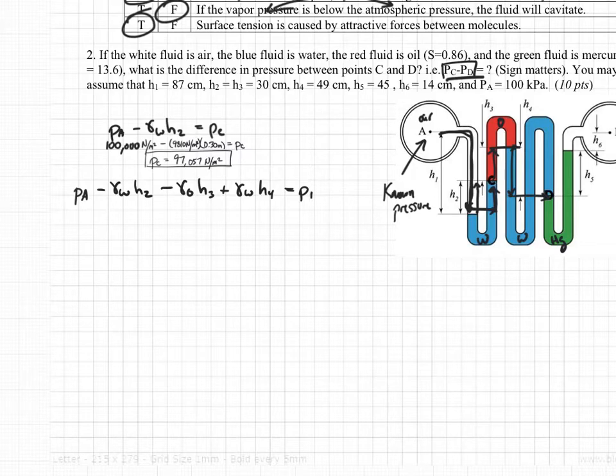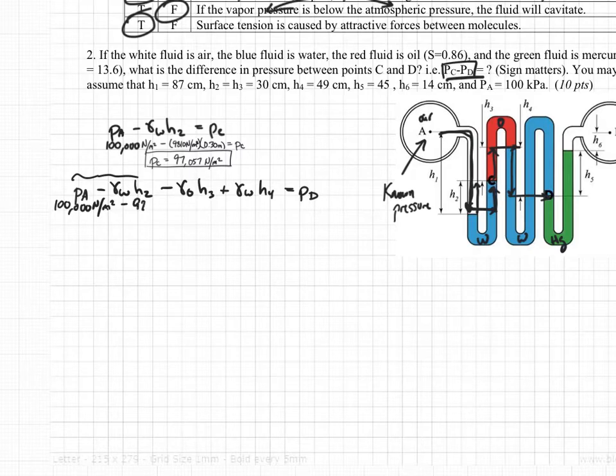So I could plug in a bunch of numbers here if I wanted to, noting that I already know what these two add up to because that's PC. And if I do that, well then obviously I get the exact same expression I got from the last one. But let's go ahead and plug in the numbers and we'll solve it just to prove. So it'll be 100,000 newtons per meter squared, minus